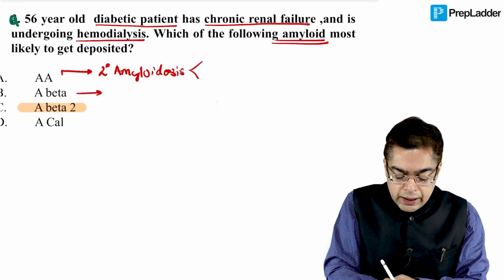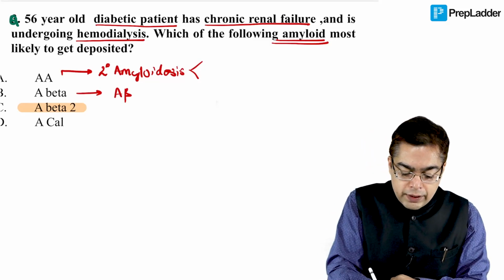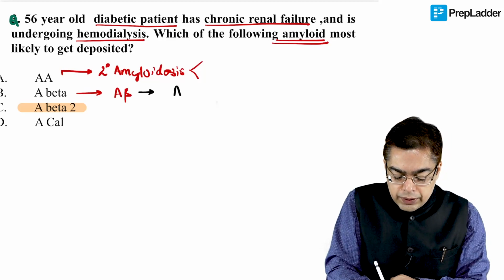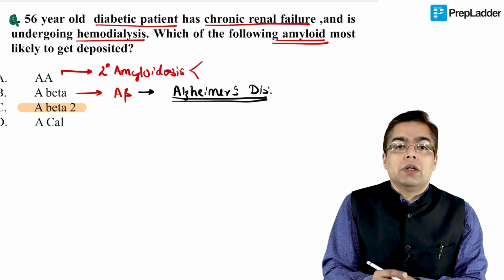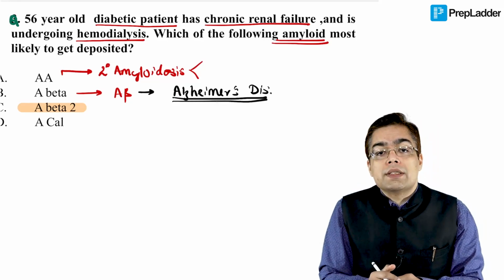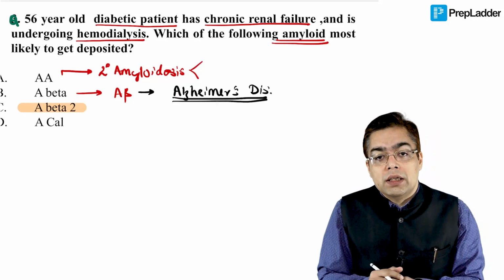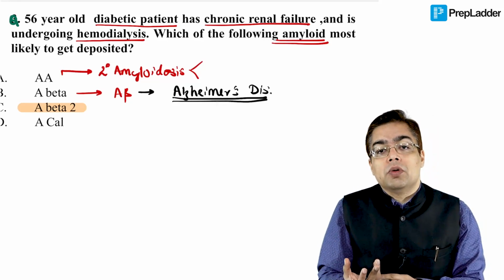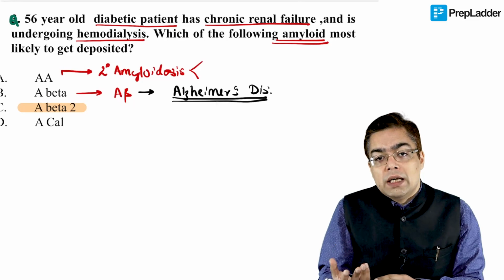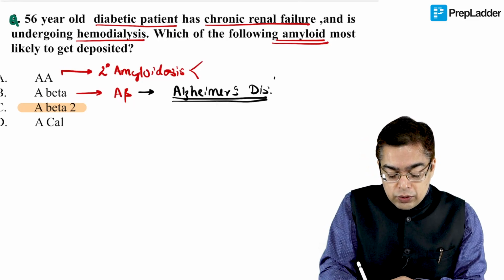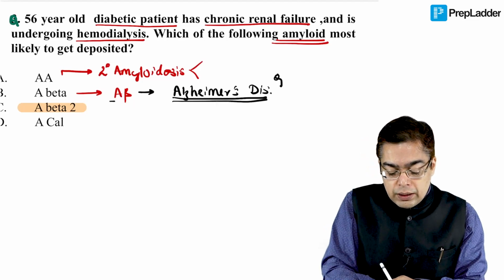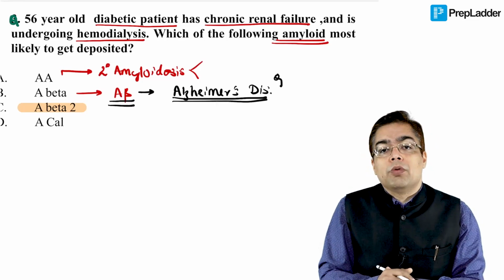When we are talking about A beta, I have talked about this particular fact with a trick with you as well. A beta is something that you see in an individual who has been diagnosed with Alzheimer's disease. So they might as well give you a question in the exam where they talk about an elderly individual who has experienced forgetfulness in recent times, and then they talk about the fact that this person could not be saved, and on autopsy we found certain changes inside the brain, and one of the important findings that you associate with Alzheimer's disease is the deposition of the A beta subtype of amyloid.